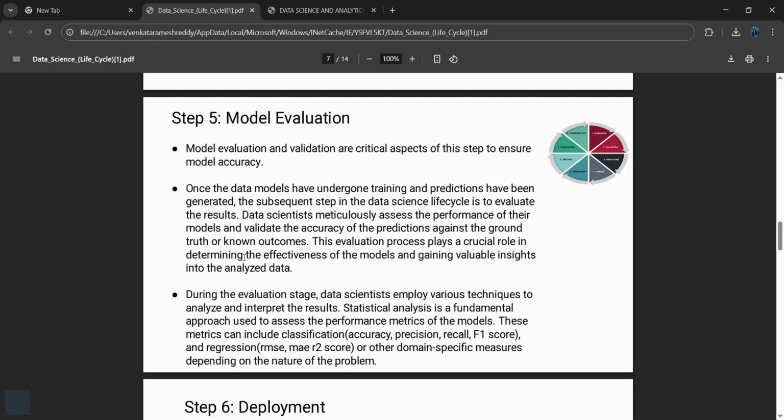Also for regression, if you want to find mean absolute error or root mean square error, we'll be using the statistical analysis approach or other domain-specific measures depending on the nature of the problem. It means that depending on the nature of the problem, we will be using some analysis approaches. Next step,